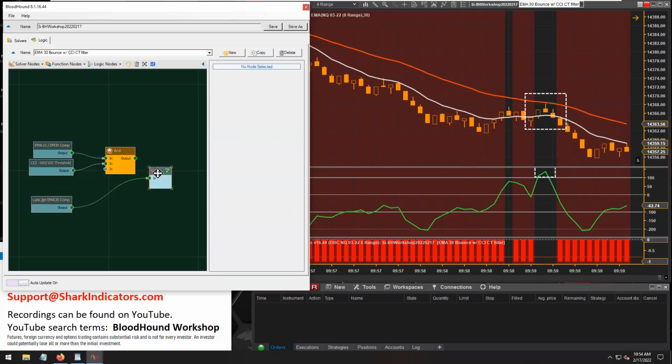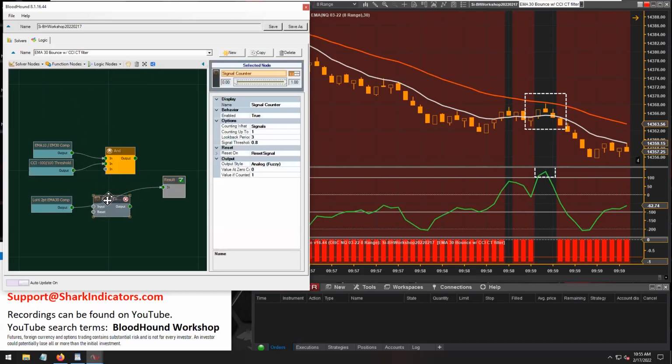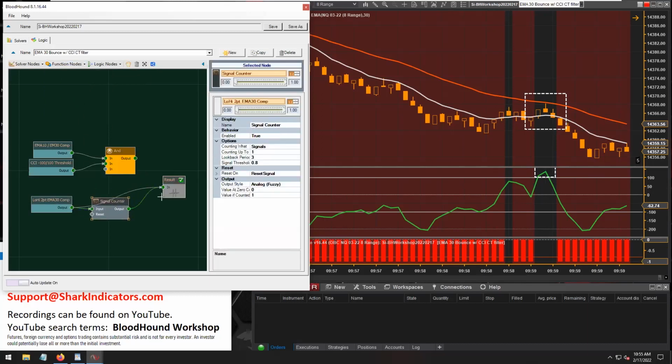And so another thing that you can do, because you can see that sometimes you might get 1 or 2 bars that don't meet your distance requirement prior to price moving in, pulling back to the moving average, right? So to account for this one single bar here, to allow for that single bar to not meet its distance requirement, we can use the signal counter. And so if we use the signal counter here,